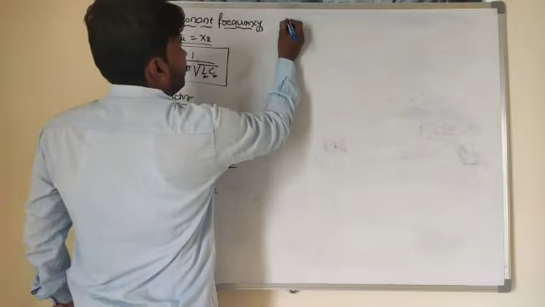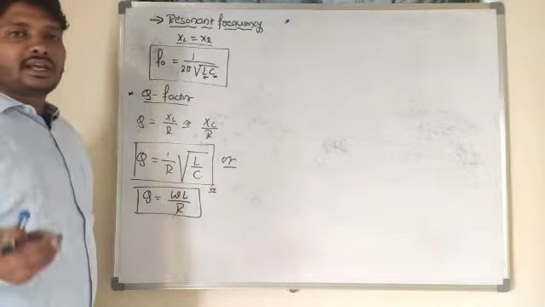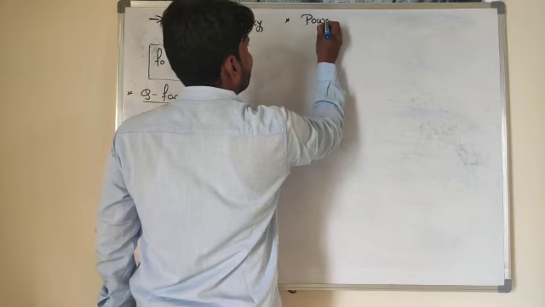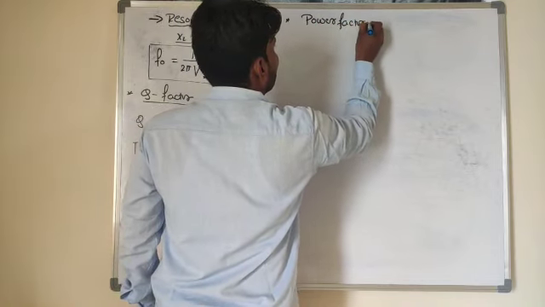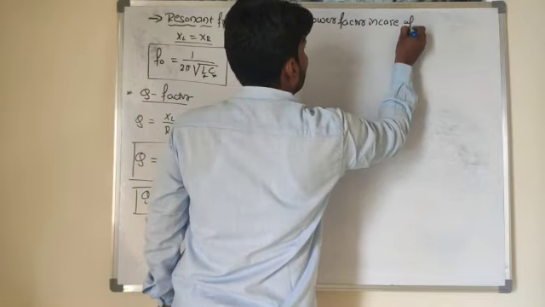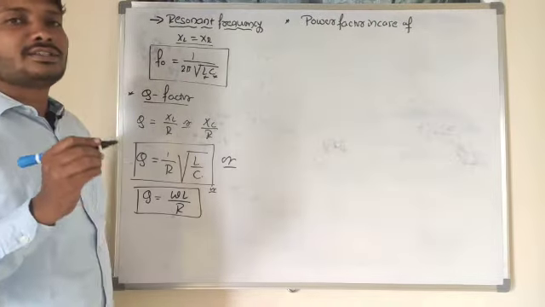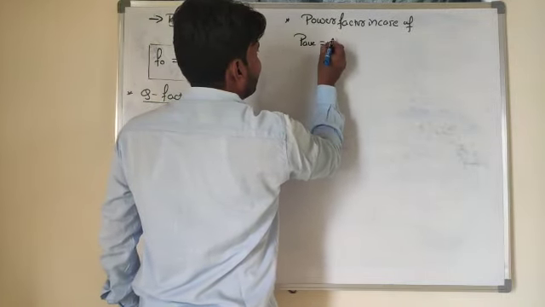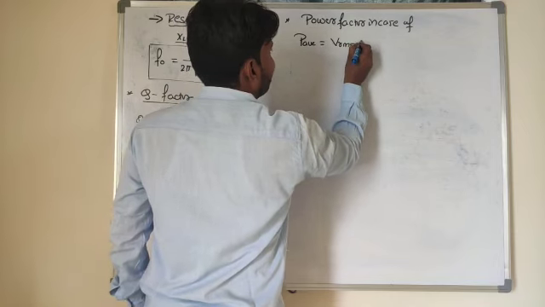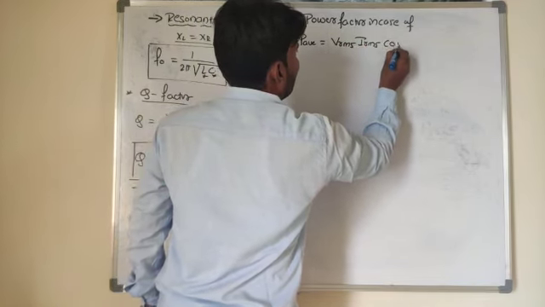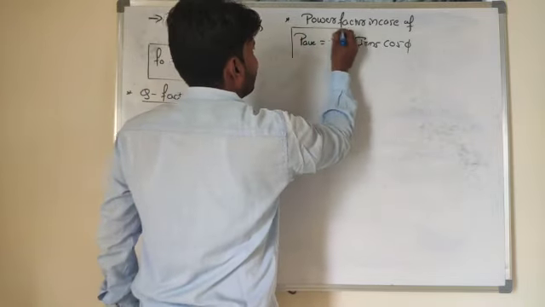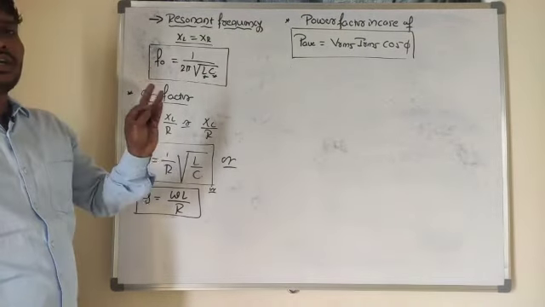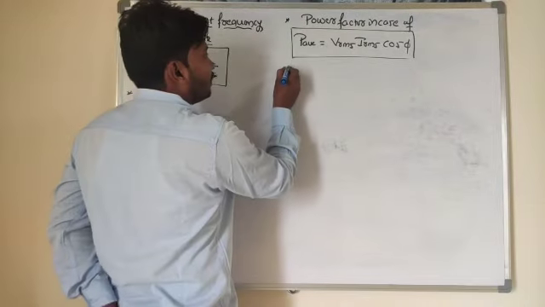So from the inductor, capacitor and resistor, I can understand the concept of power factor here. So power factor in case of resistors, capacitors and inductors, I have a generalized formula. So P average is equal to Vrms into Irms into cos phi. From this generalized formula I can understand what is the power loss or power factor in case of inductor, capacitor and resistor.